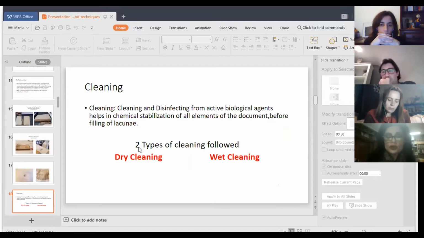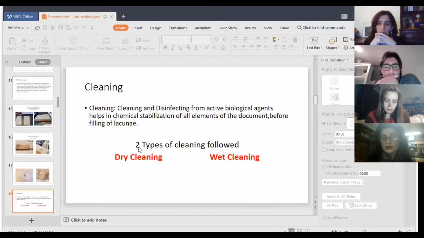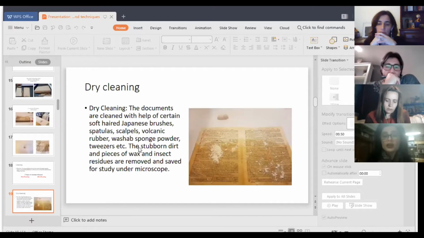Once we do the documentation with the help of lots of photographs and drawings, and we suggest a detailed plan for conservation, the paper or the archives go through a process of dry and wet cleaning. Now, it basically depends on the restorer what kind of treatment or cleaning they are supposed to give, because wet cleaning is not suggested for all of the documents, especially in cases where the ink bleeds. So dry cleaning is also used where the paper is extremely brittle, and one has to be extremely careful.